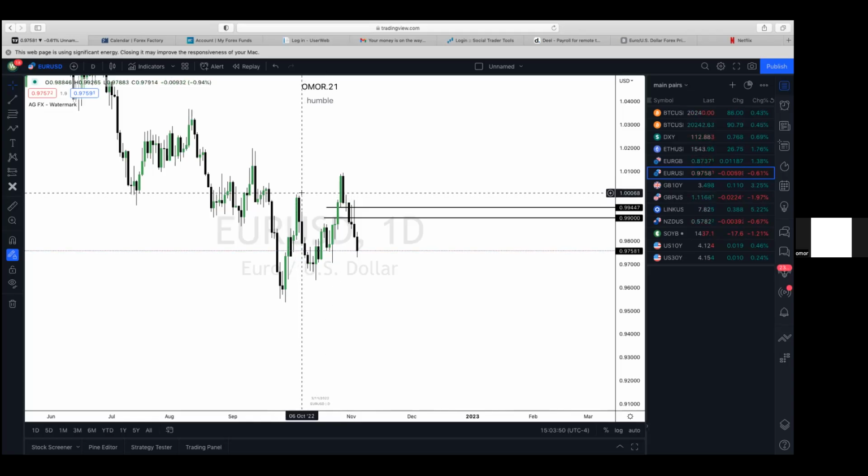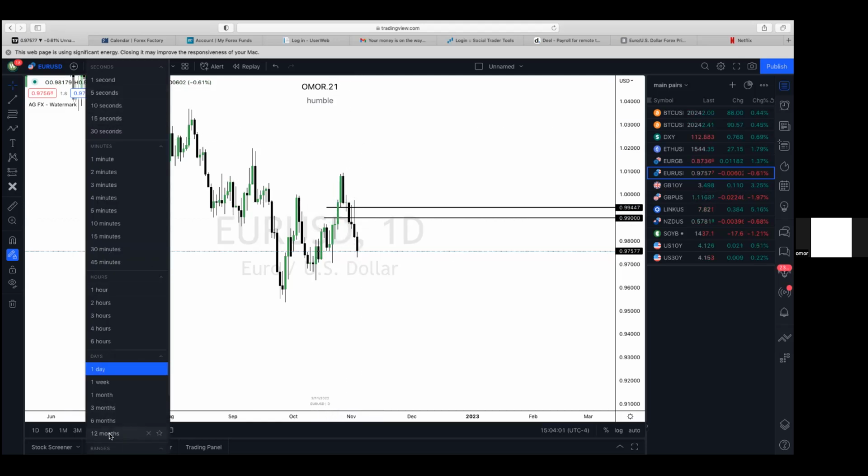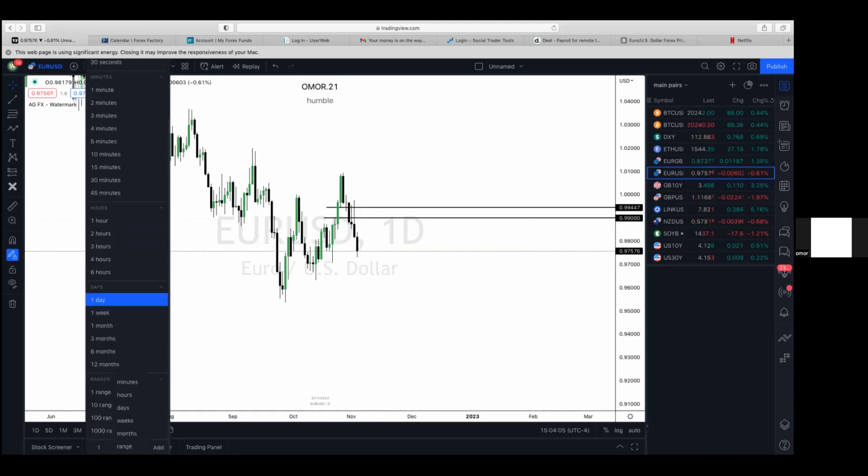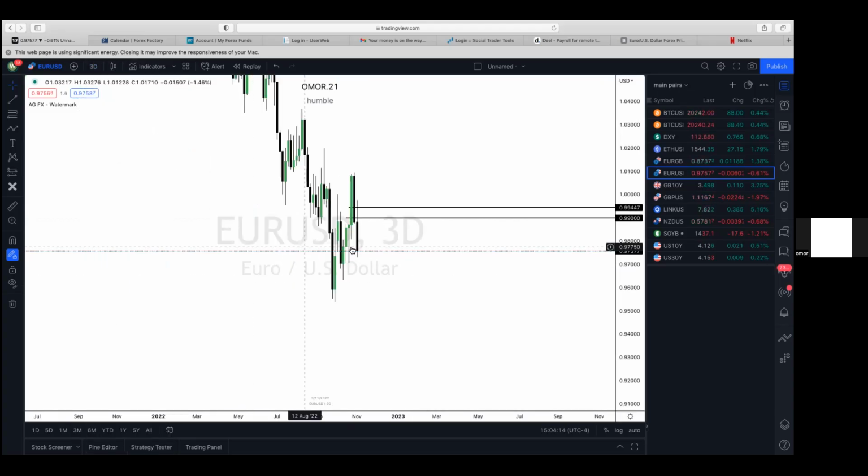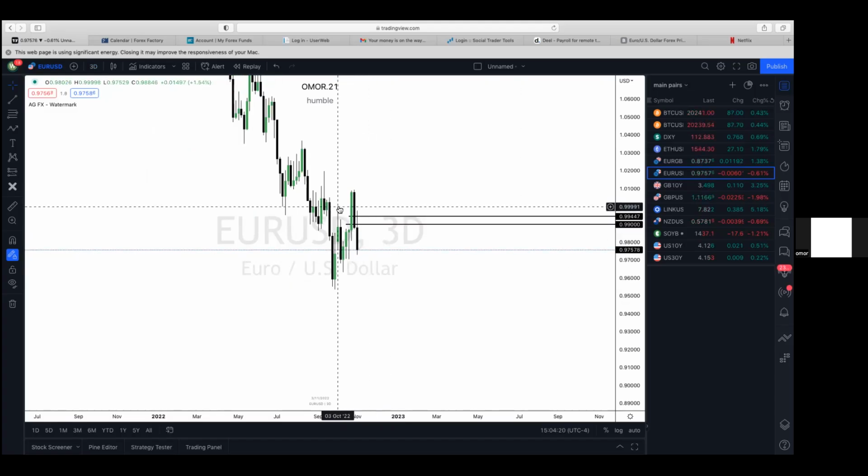When that high is taken out, those buy stops are being paired with smart money short positions. How can you tell it's smart money short positions? Let's go to a 3-day now. Look at the displacement after you run the high, right? This is that high. You run the high and then look at what's happening. The displacement away from it. That shows the buy stops there were just used for smart money pairing their short positions.